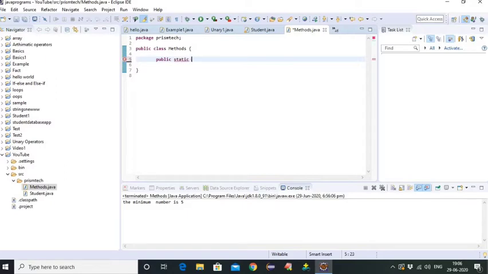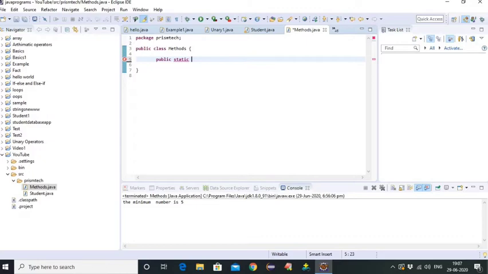See, static and non-static are two terms in Java. A static method belongs to the class, and you don't have to create any instance of the class, so we can directly call the method by using the method name. But coming to a non-static method, it belongs to an object, so you have to create an instance of the class. I will explain by doing an example.